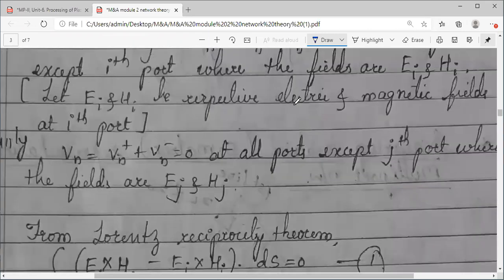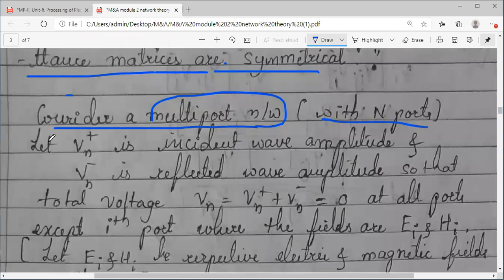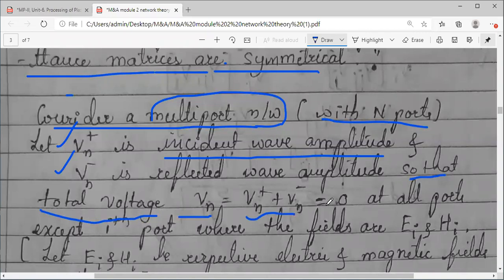So if I consider this kind of network having n different ports, let Vn plus indicate the incident wave amplitude. So there will be an incident wave and there are some reflections. So Vn plus indicates the incident wave, and Vn minus, I think the minus is not visible, Vn minus indicates the reflected wave amplitude. Vn plus and Vn minus indicate the incident and reflected wave amplitudes, so that the total voltage Vn, which is the sum of incident plus reflected wave,